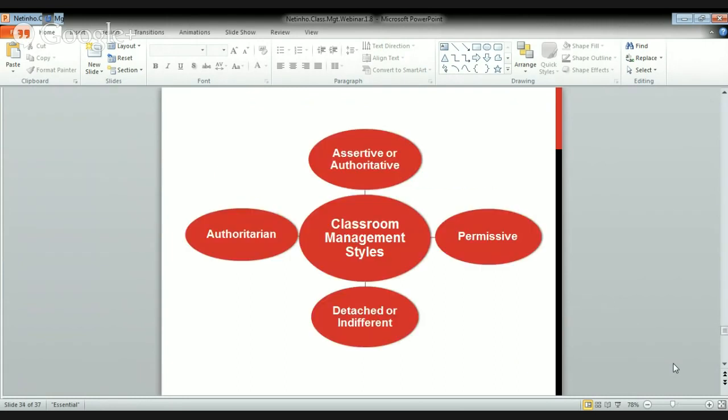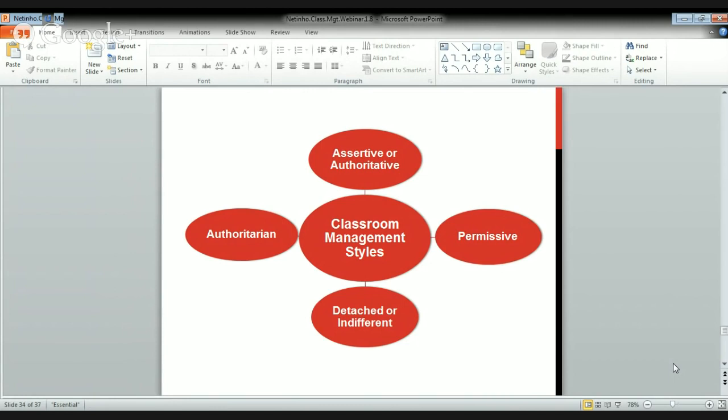Okay, the last topic that we're going to really look at is classroom management styles. So let's take a look at the 4 different classroom management styles. Normally in my trainings, I give participants a survey to complete, and then from that, they learn their own primary style. What I'm going to do today is just go over some descriptors for each style. But I want you to think right now, what style do you think you are? Okay, let's take a look at the one on the left,